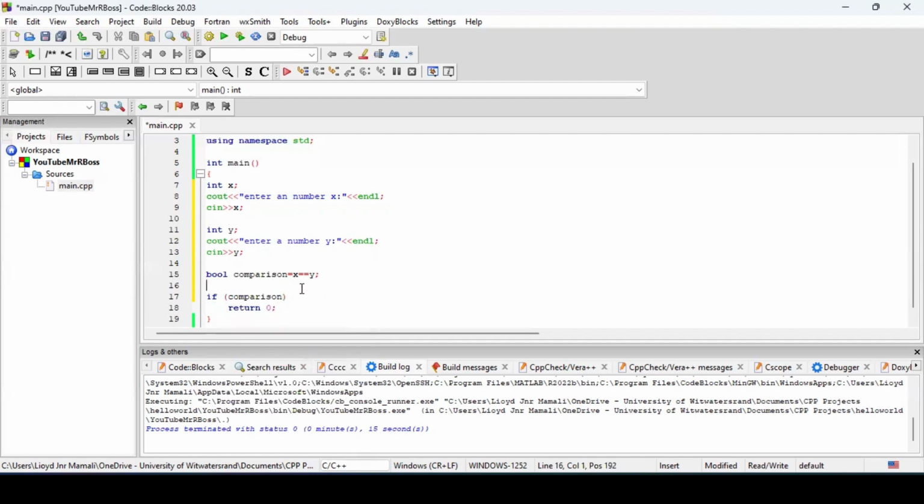Please note, guys, that you can write x is equal to y like this directly, and it's going to output the same thing. In this case, I just assigned the x is equal to y comparison to a variable. If you do not understand the reason why I'm saying x double equals y, then you need to watch my previous video, because I did explain what that is. So I'm going to say if comparison,